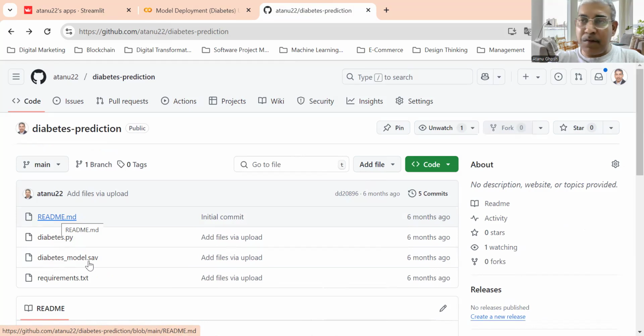The .sav file, which is basically the packaged or the pickled model entity, which has been ported and uploaded into GitHub. Then diabetes.py, a .py file, which has the configuration of how the app is going to look and what the inputs to the app on Streamlit will be, and the requirements.txt file, which has